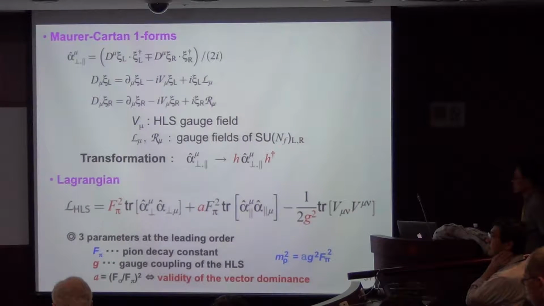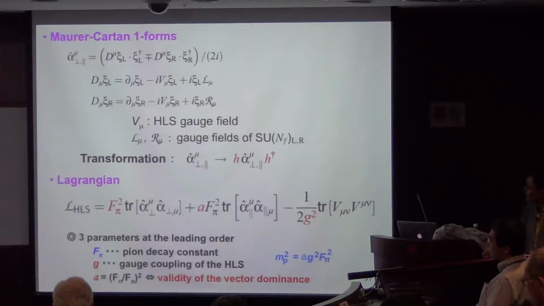parameterize the validity of the vectors of nominals. And also this, as I will show in the next slide, that the Rhombus of mass is given by this form. Yeah, this A and this A are same. Sorry, some kind of